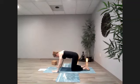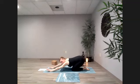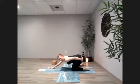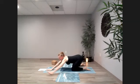So stretch those arms on out if they're not already. Okay, and we're gonna shift forward a little bit so that our bottom is kind of hanging over. It's not right down on our heels. We're just shifted forward a little bit, so there's a little lift in our bottom, so we have room to pull back. And then we're gonna take those hands on over